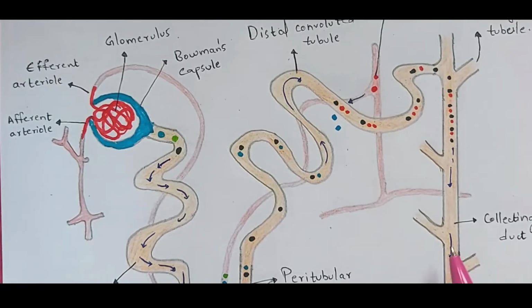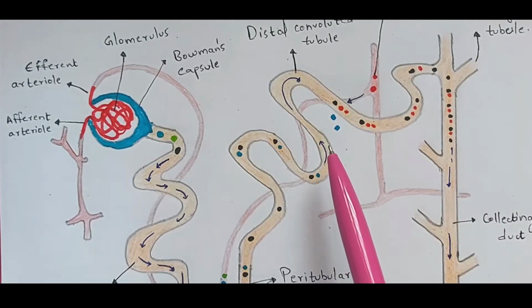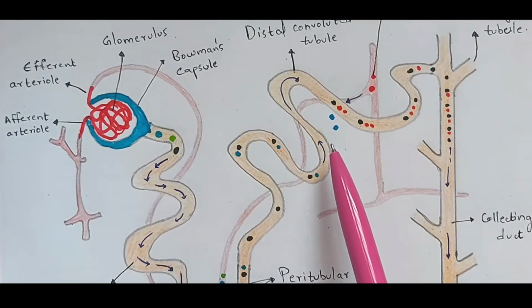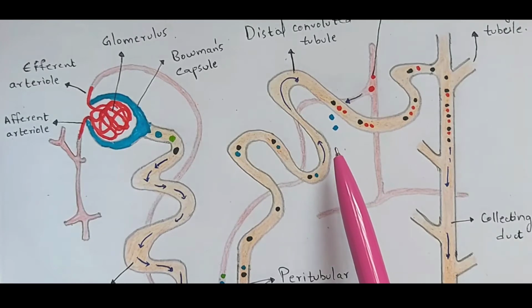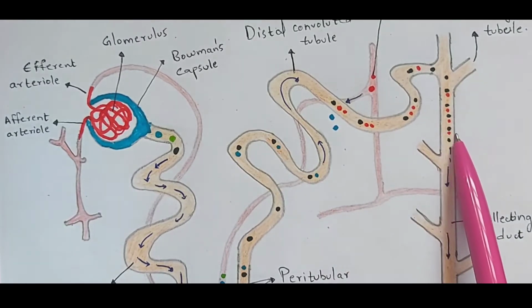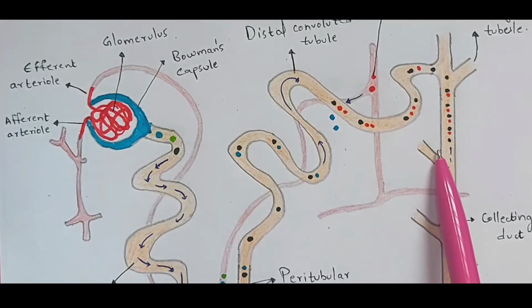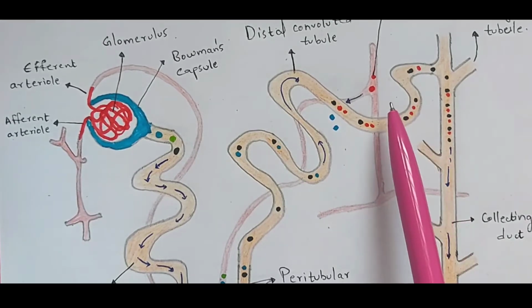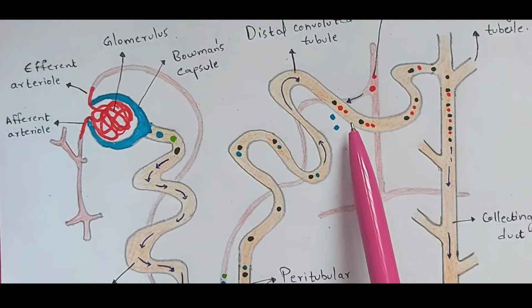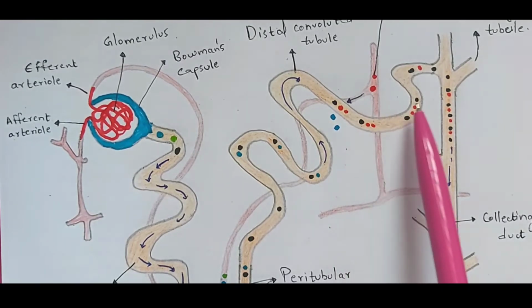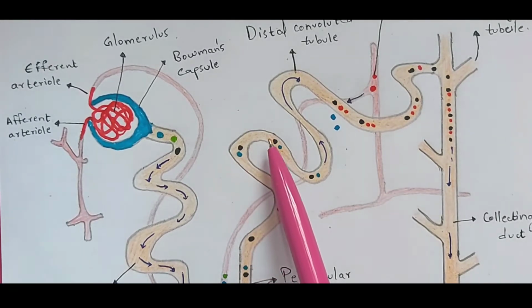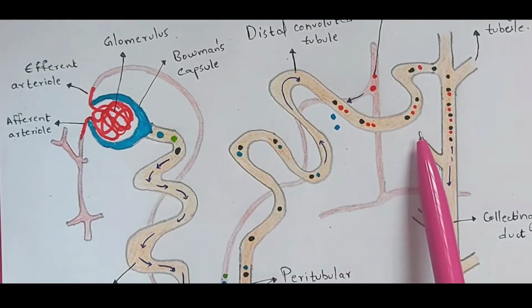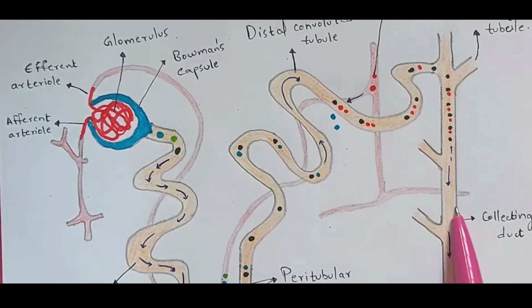Not only one nephron; basically in one kidney there will be millions of nephrons. We have two kidneys, so we have 2 million nephrons. Each kidney contains 1 million nephrons. So this collecting duct should have millions of collecting tubules such that it can attach to each and every nephron present in the kidney, right? What I have shown is only one nephron. In this way there will be millions of nephrons, and those nephrons should be attached to each collecting tubule which is attached to the collecting duct, right?